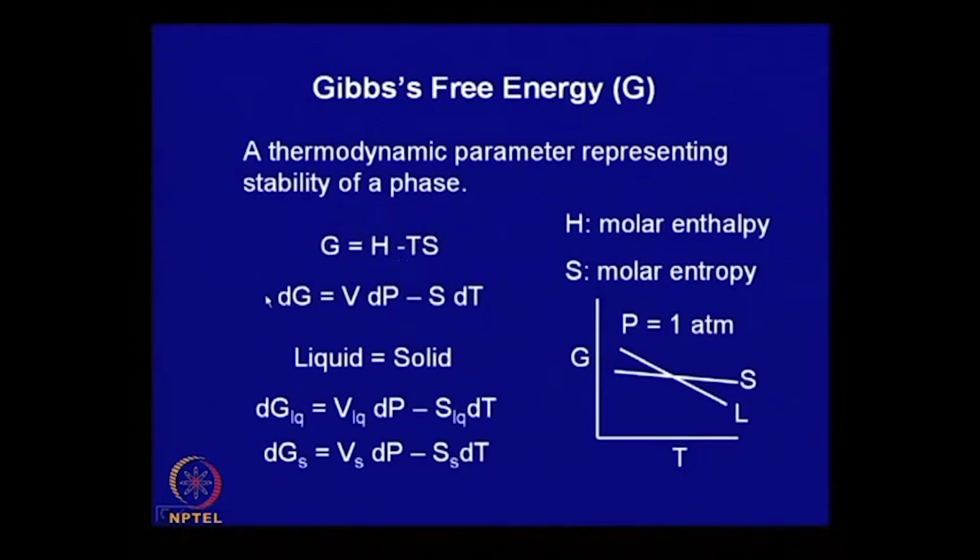You can write it in differential form, dG, and convert it from enthalpy and entropy to pressure and temperature, because these are the easily controllable variables. Then it comes out that dG, the incremental change in free energy, is equal to V times incremental pressure